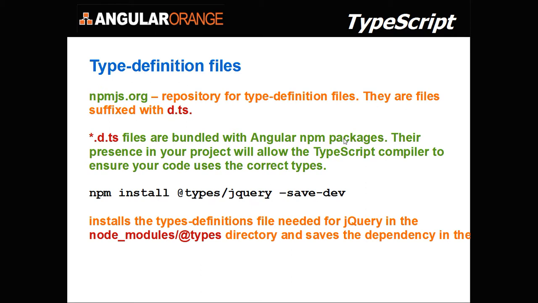Okay, so just a quick word about type definition files. There's a repository for type definition files. They are files suffixed with d.ts. They're bundled with Angular NPM packages. Their presence in your project will allow the TypeScript compiler to ensure your code uses correct types. You can do an npm install of the types for jQuery, and you'll get all the types you might need. Like I said,